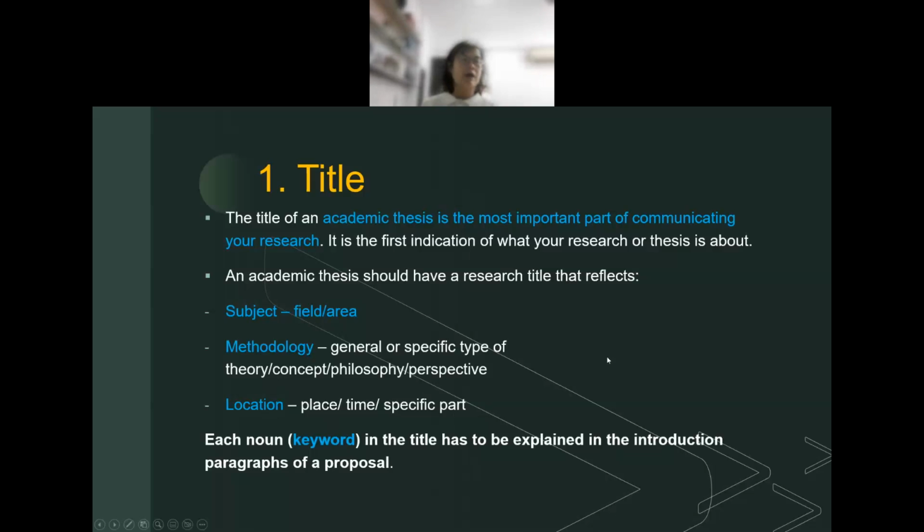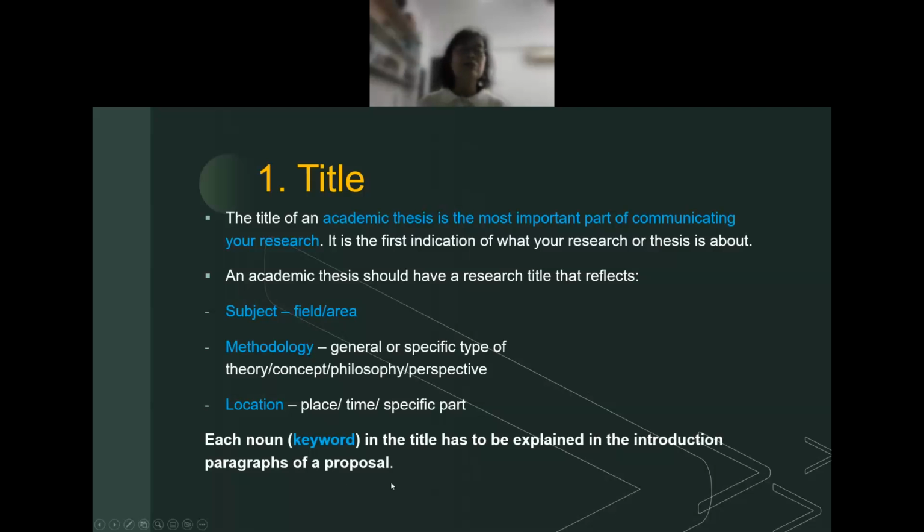If you are doing field research, you need to state where. Let's say you're doing it in China, whereabouts in China? You have to be so specific that the village in which you are doing the research has to be stated. The people who are your subjects of the research must be mentioned as well.